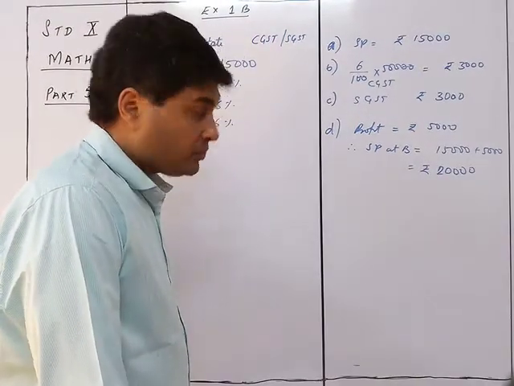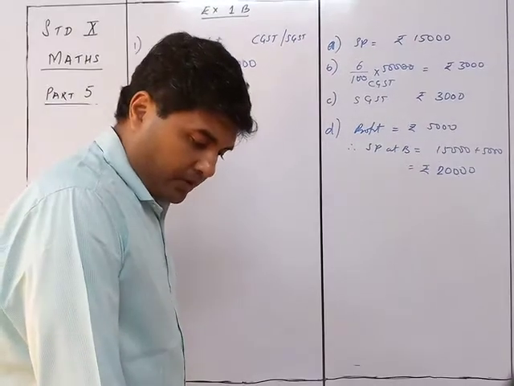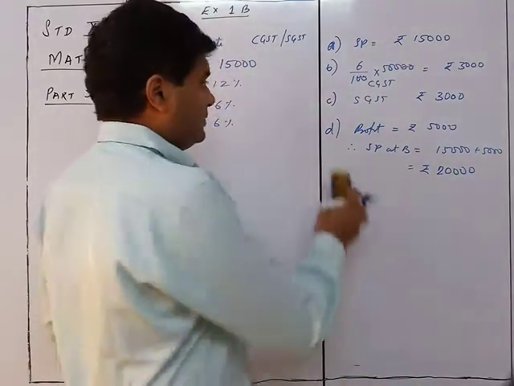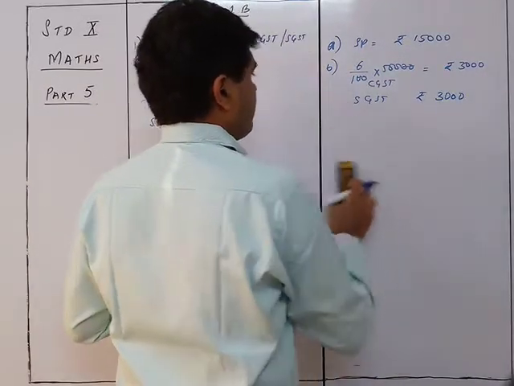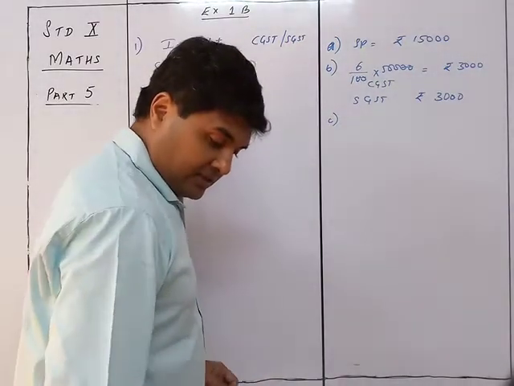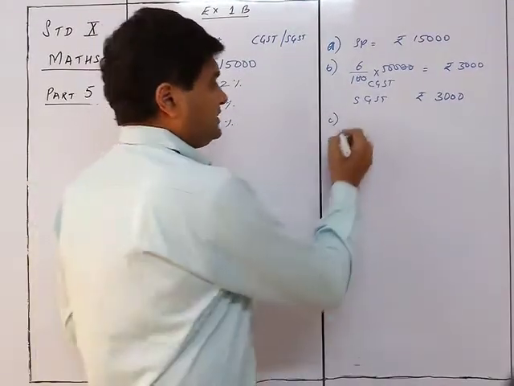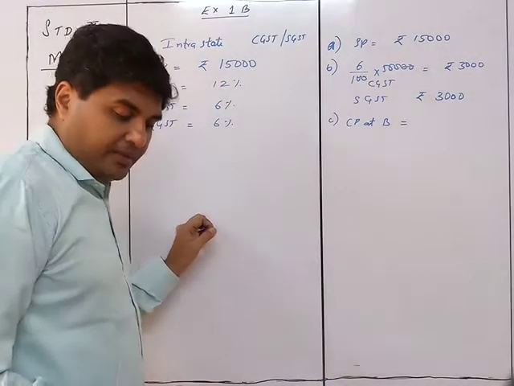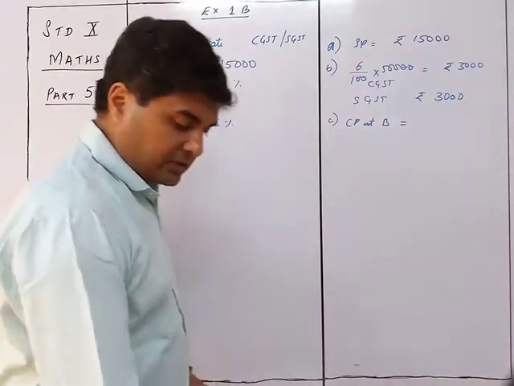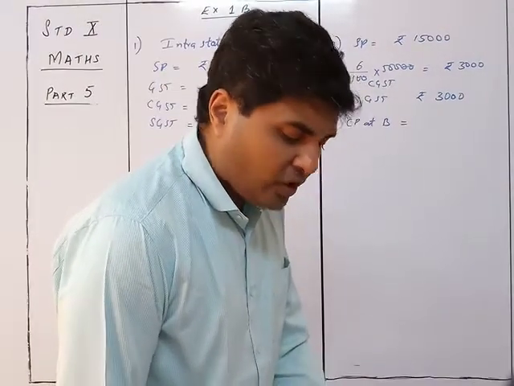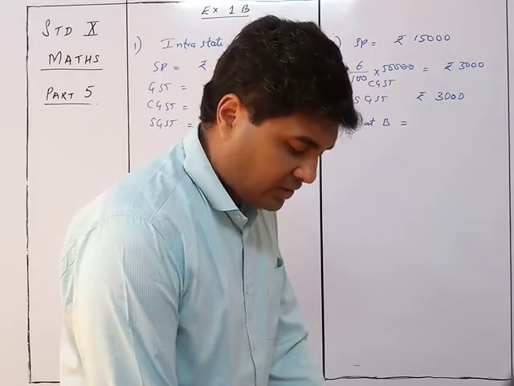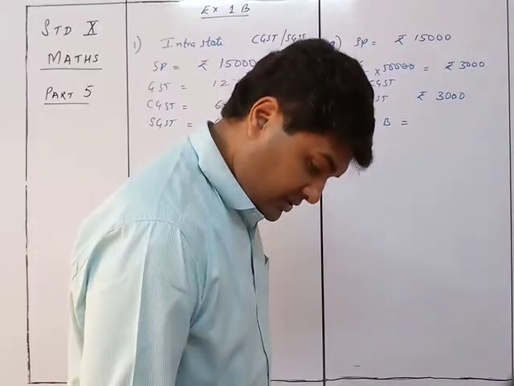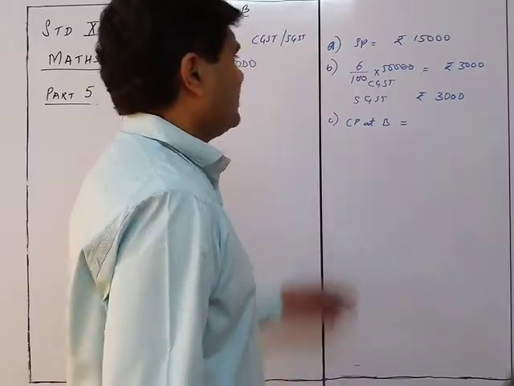Sorry, I missed out one point over here. The C point is CP at station B. So of course CP at station B will be the sum of these things, because we are talking about the price at which they bought this article. One sec, is this 15,000? Oh, I told you 50,000.